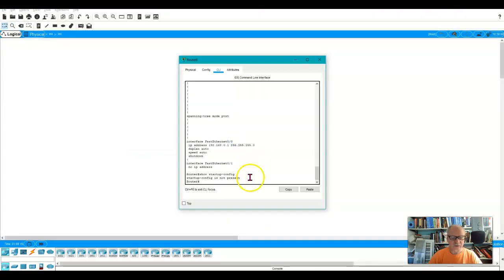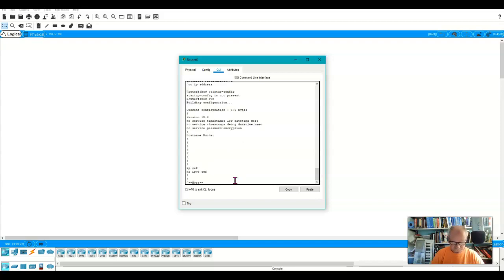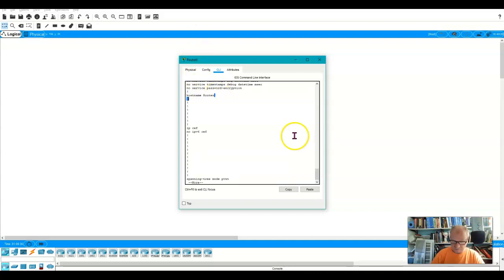Let's just go ahead and click here and do show running config. Actually, we can just call this show run, because earlier we learned we can use shortcuts as long as it knows what we're talking about. And I'm going to go ahead and press the enter key. You'll see things like, oh, here's the default host name and so on.